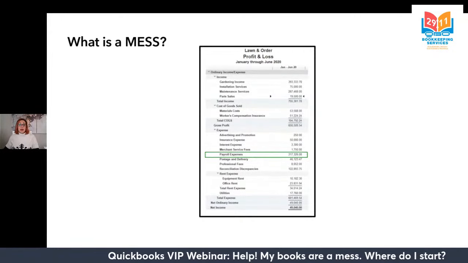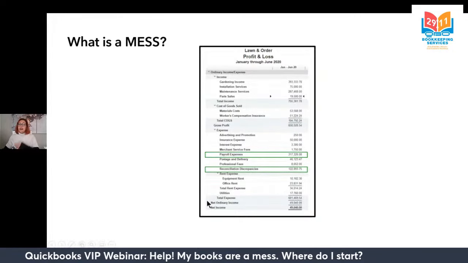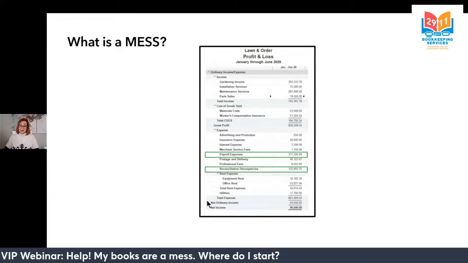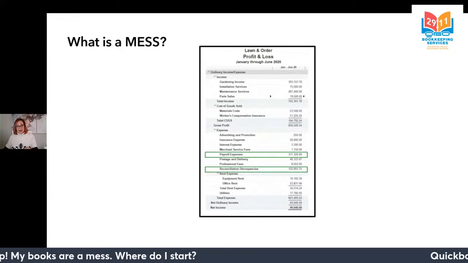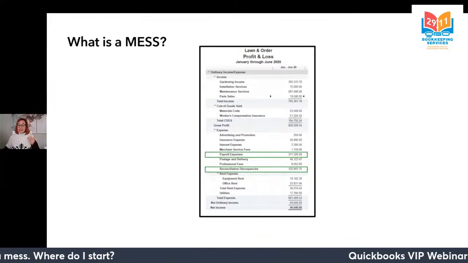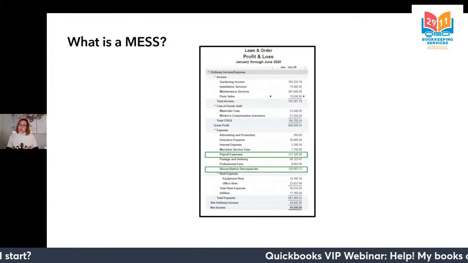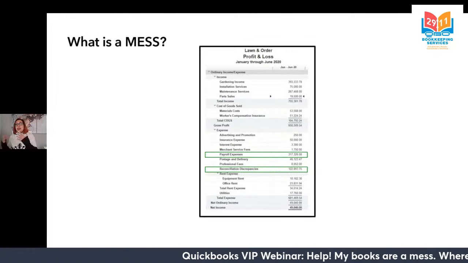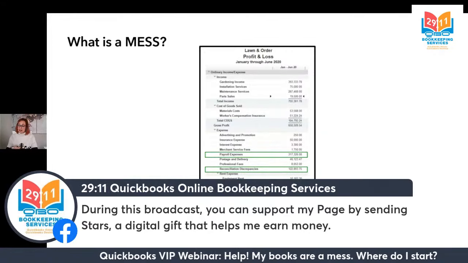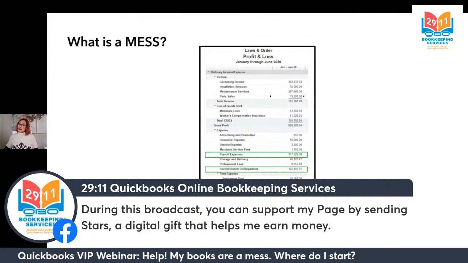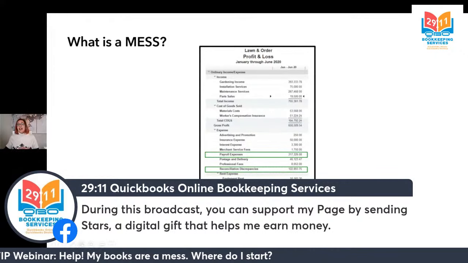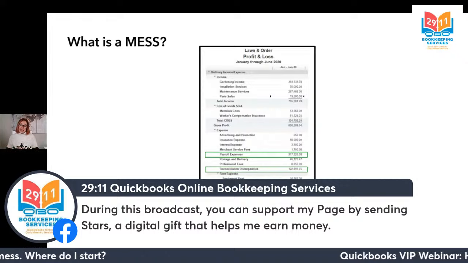Also, another really special account here would be something like reconciliation discrepancies. Now, this is a special account that is only used to create an adjustment when you force a reconciliation to happen. Sometimes a reconciliation adjustment is necessary, and I will actually be demonstrating that many times over the course of this class.